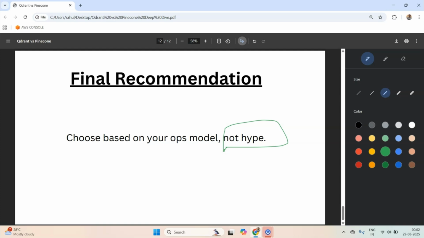Nowadays companies want to spin off things really quickly, and they don't want to wait and set up an engineering team or hire people. They want to quickly do stuff, and Pinecone is really good in that. Whereas Quadrant is something which gives you that control. It's an open source model. You can look at the code and you can tweak that code to your liking and create things on your own. Okay, so I feel that would be it.